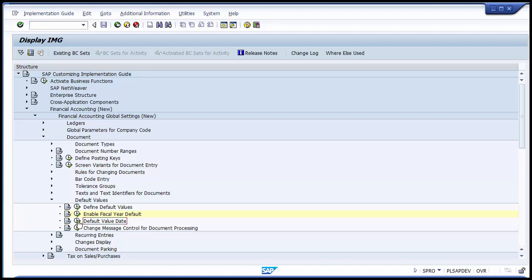So if you want, you can default the current system date as the value date, and that is done with this particular customization. By this we can default the system date, or the CPU date, you can say, as the default date for those outgoing or incoming line items wherever the value date field is used. So if we go and click on this third step,